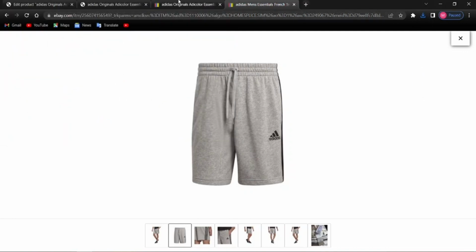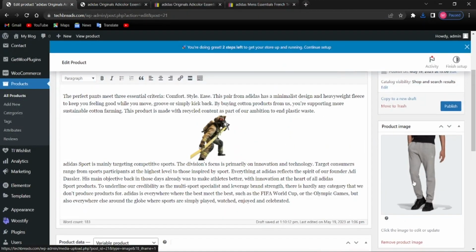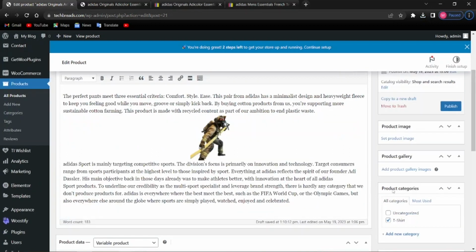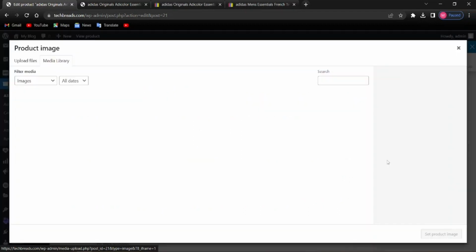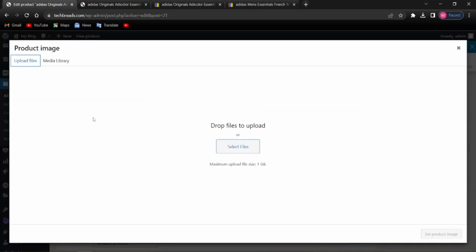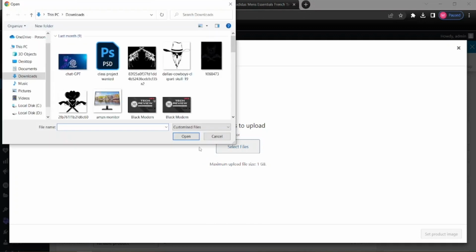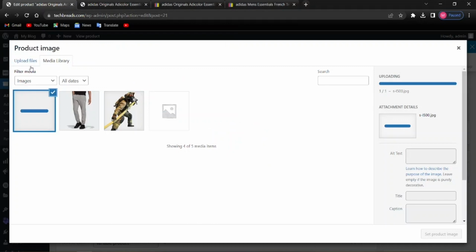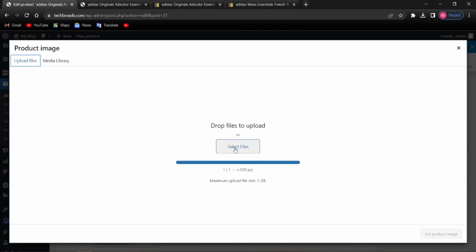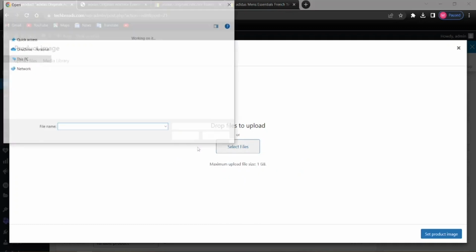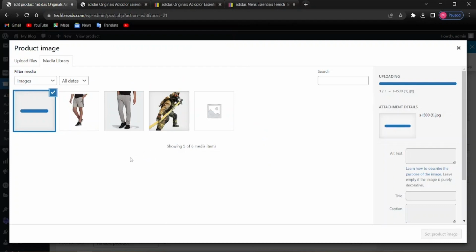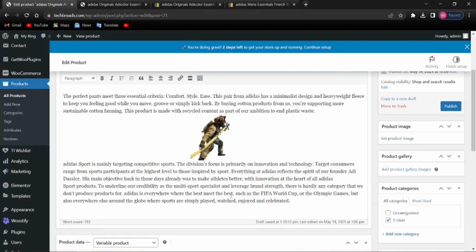All right, so once it's done, we can just go back to this part here and remove product image first. Click on the remove product image. So once the product image is gone, we can set the product image again. So go to library and select files. Here we got two images right here. So first select this one and then go to files again, and then select the other one as well. We're gonna try to add different images. So firstly, let's add this one. Okay, set this product image,